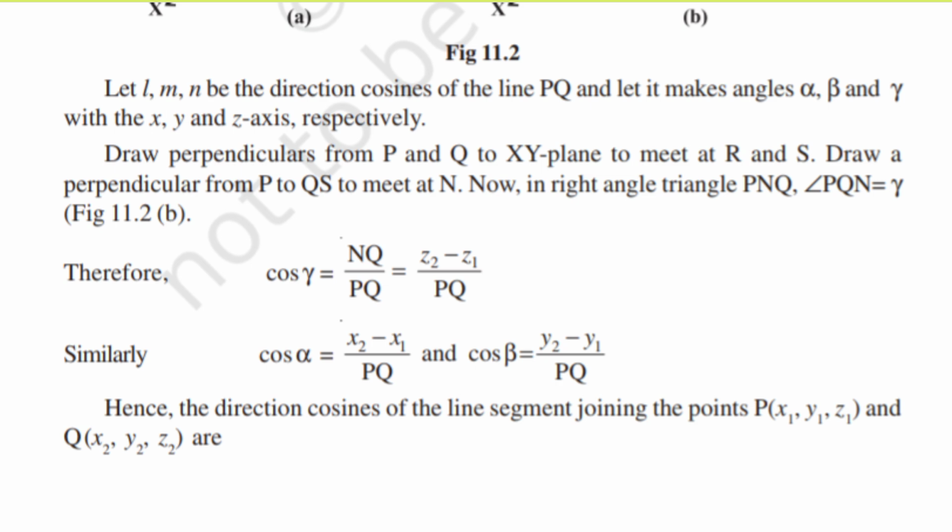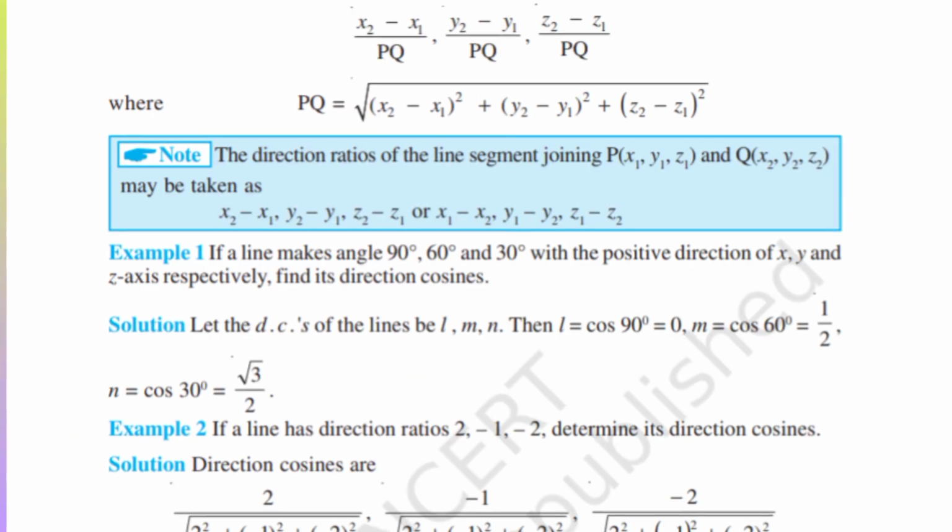Now in right angle triangle PNQ, angle PQN is equal to gamma, from figure 11.3b. Cos gamma is equal to NQ upon PQ, which is equal to z2 minus z1 upon PQ. Similarly, cos alpha is equal to x2 minus x1 upon PQ and cos beta is equal to y2 minus y1 upon PQ. Hence, the direction cosines of the line segment joining the points P(x1, y1, z1) and Q(x2, y2, z2)